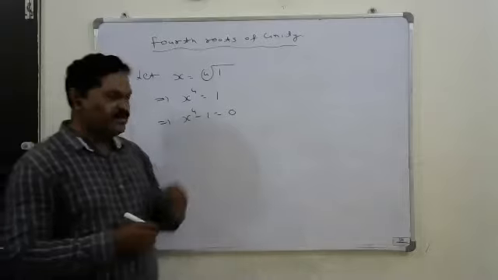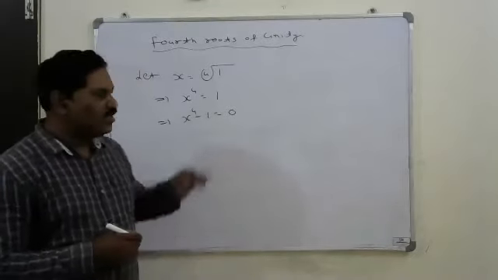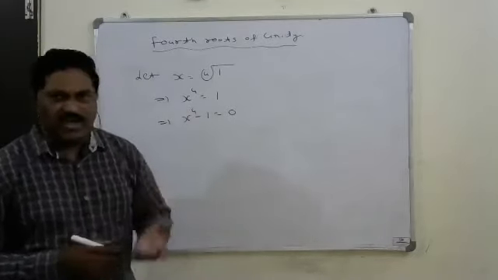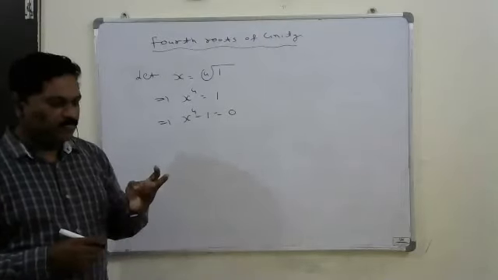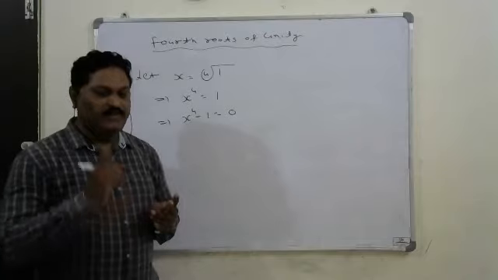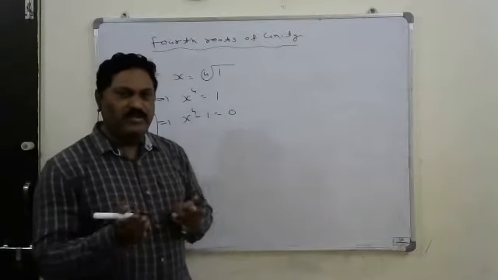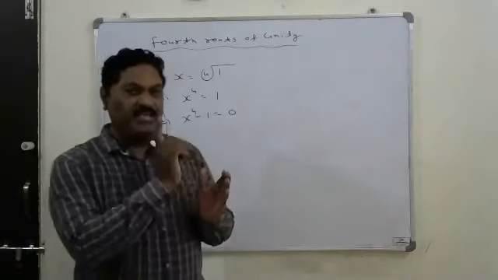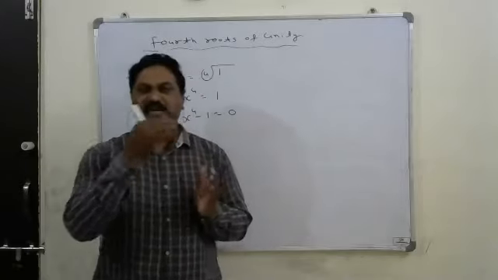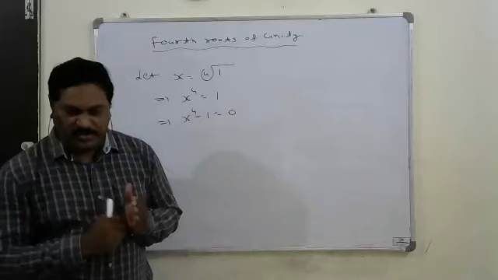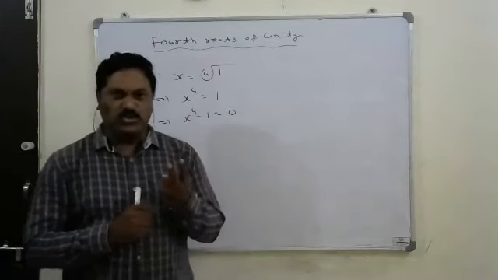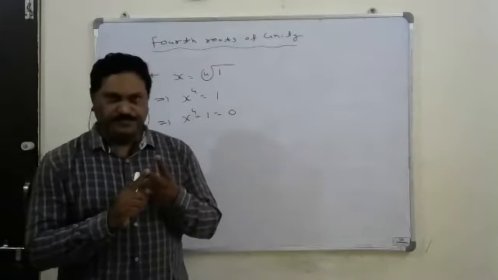But if you calculate directly, how many roots will we get? X power 4 is equal to 1, so what is the value of x? Plus or minus 1. Always remember that whenever you remove an even power on one side, on the other side you have to keep plus or minus 1. Means we are getting only two roots, plus 1 and minus 1. The other two